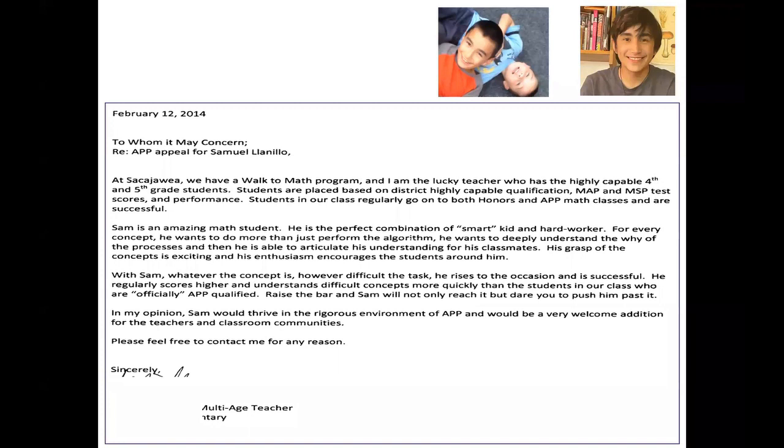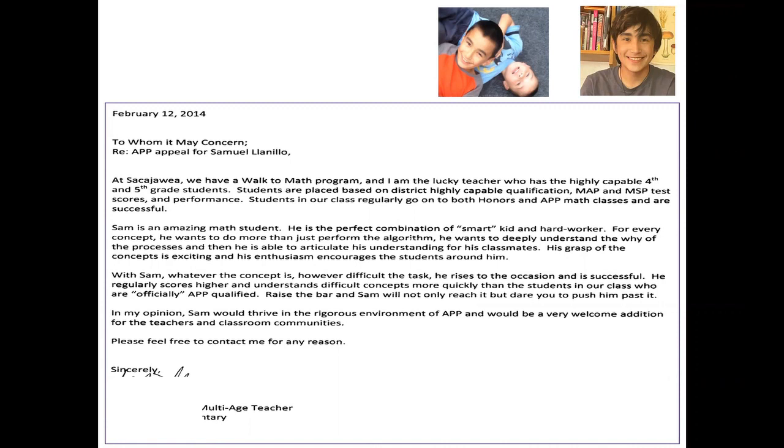It used to be a standard and allowed thing that you could appeal the decision to put your kid in the Seattle Public Schools gifted program. And so we asked Sam's math teacher for 4th or 5th grade to write a letter in support of Sam going into a more advanced math class. So I'm hoping that you guys can read that letter. It's not very long because he was only 11.